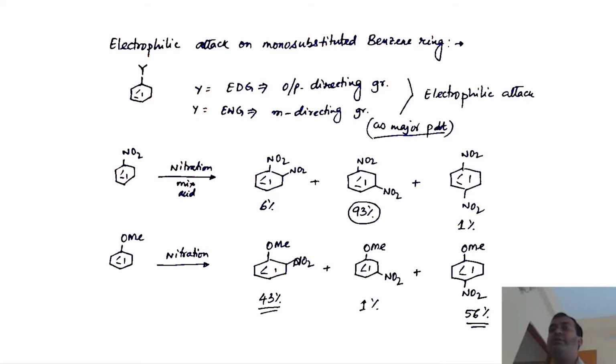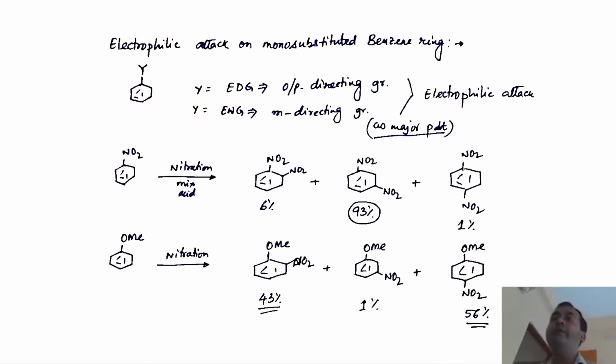Now in these two reactions, as the nitro is an electron withdrawing group, you get the meta as the major product. And in this case OMe has a plus R effect, so it is a donating group. This is actually a little bit interesting. We'll also discuss it a little bit later. And because of that, it gives the ortho para as the major product. Which one would be more, ortho or para, will come up as the ortho para product ratio. We'll discuss that.